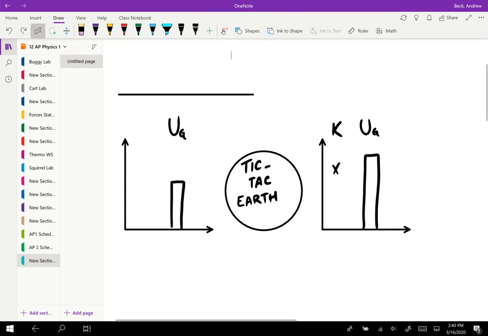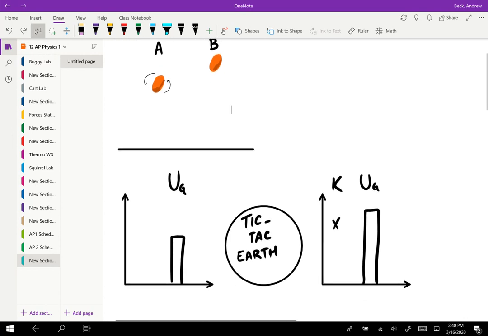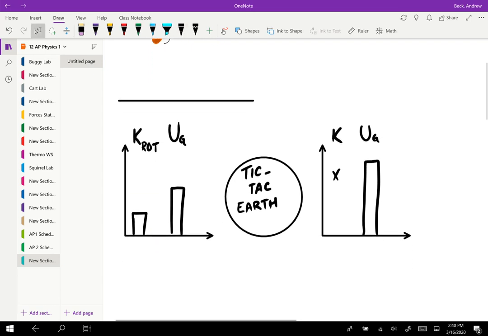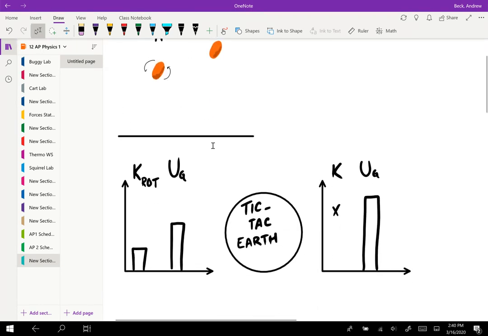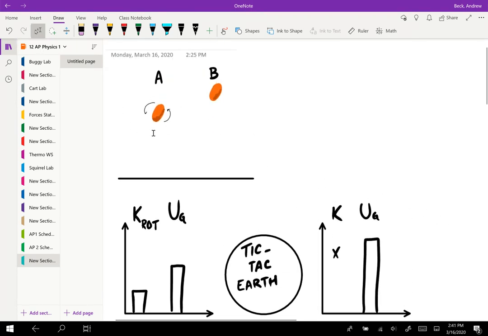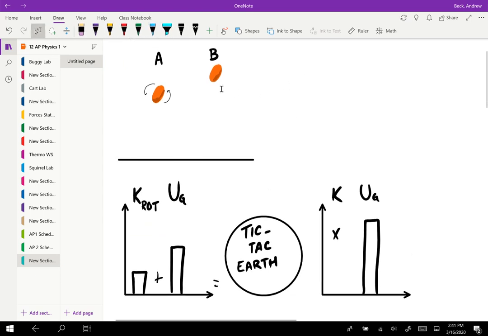But maybe we can define some sort of new quantity. Let's call it a rotational kinetic energy, because we definitely have that motion. We have this thing moving. It's just not moving like we saw before. So maybe we can define some new quantity to help us figure out that this thing is making some sort of sense. This LOL diagram, now it's resolved. It works out that this plus that equals what we have on our other side. So maybe that's one way that we can resolve this first